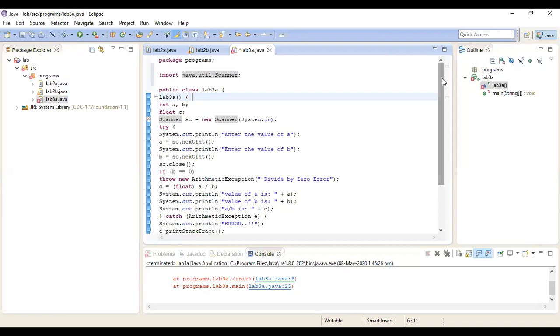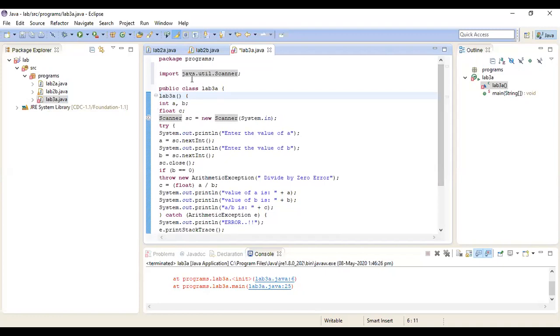I have created a public class lab3a, and here is a constructor of the class where I initialize all the data that I require. I need integers a and b, and a float value c to store the result. Then I create a scanner object so that I can read the values from the keyboard.